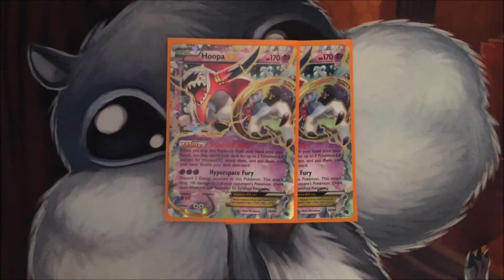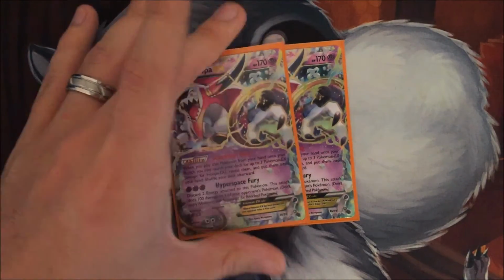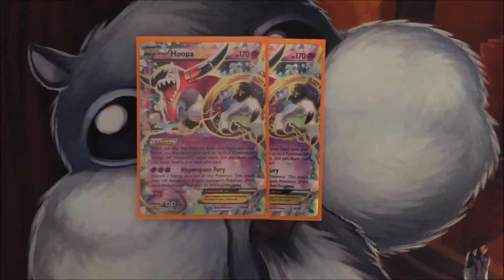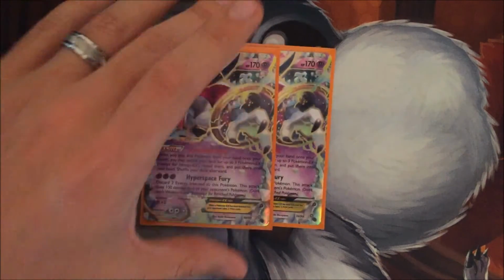Next, 2 Hoopa EX. This helps you get that turbo going. I would highly recommend playing a 3rd, but I'm just going to test it out with 2 right now. But if you play the 4 Shaman, playing a 3rd Hoopa very much helps you out, especially with this Scoundrel Ring to grab 3 things. The only thing that's kind of